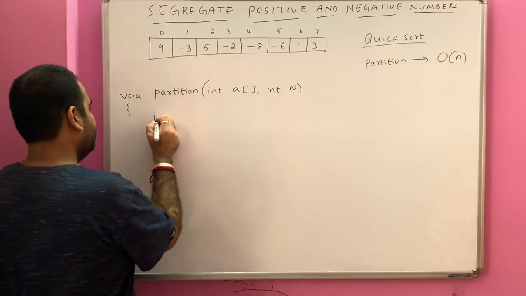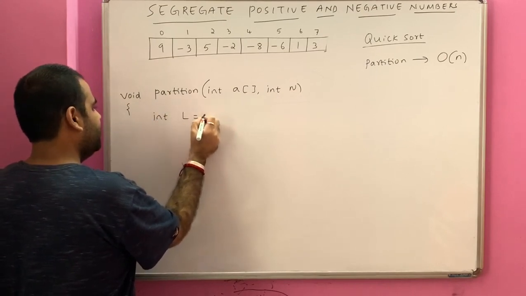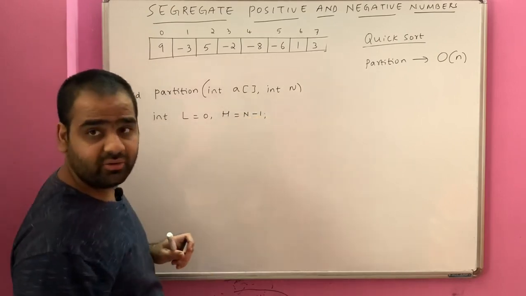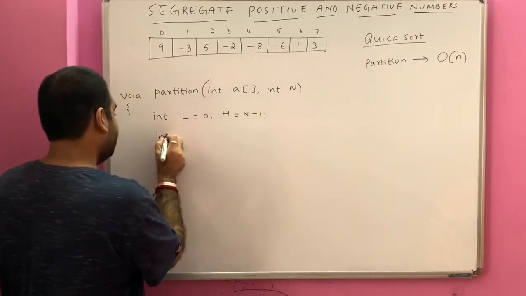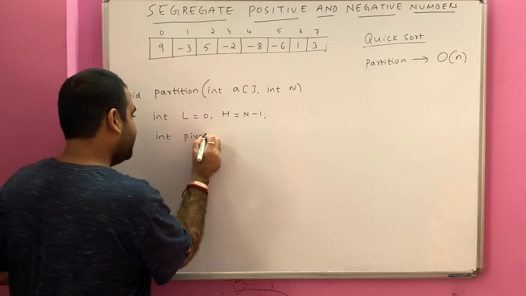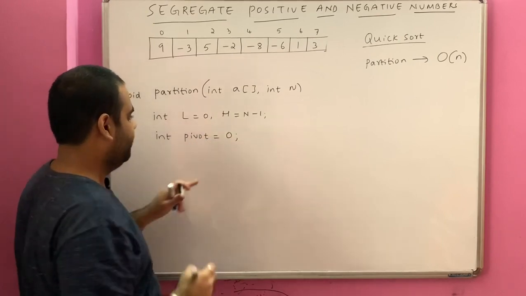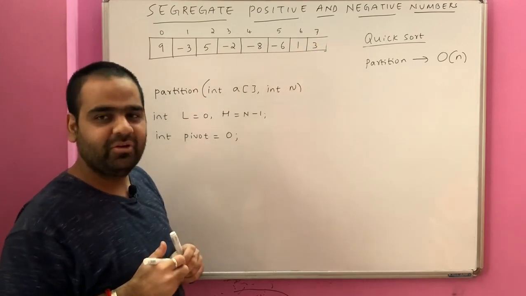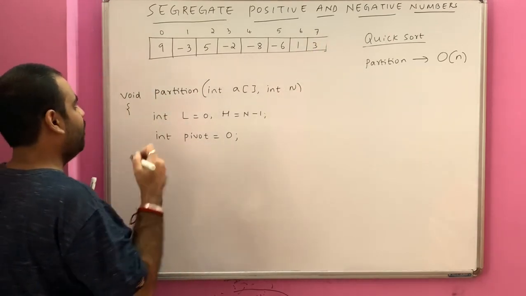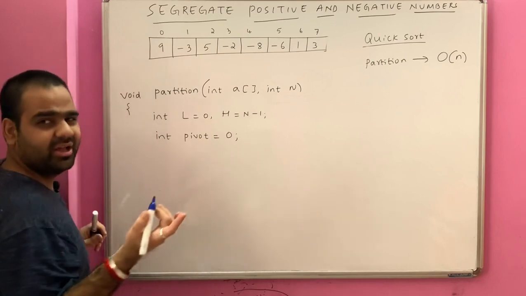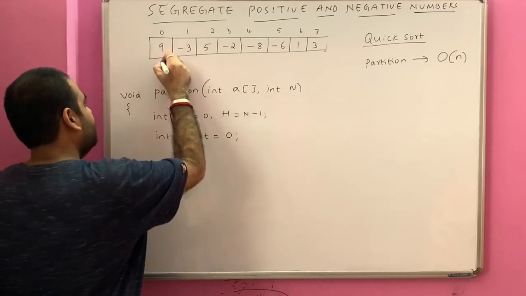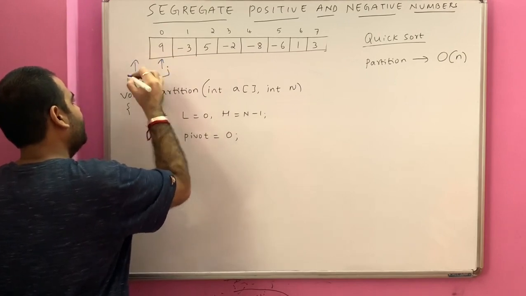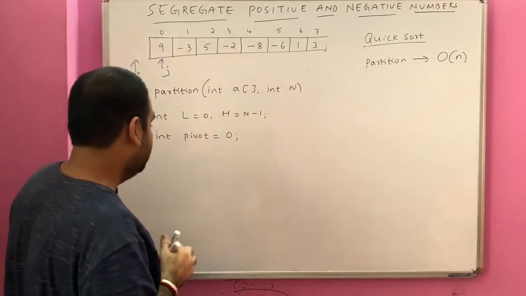Now what we will do? We will say int lower limit is equal to 0, higher limit is equal to n minus 1. Fair enough? And what should be the pivot element? Can anyone say? Pivot element now is 0, because with respect to 0 I want to do, not with respect to 3. Fair enough? Now, what will happen? Lower limit is 0, higher limit is n minus 1. We have to take a j over here and i over here. This is a partition technique.